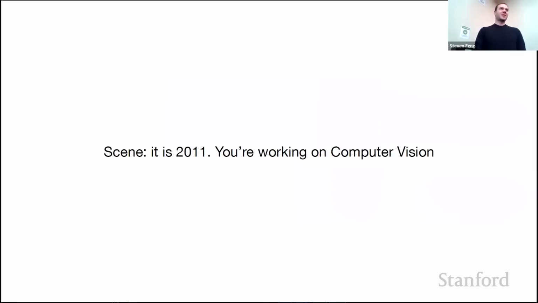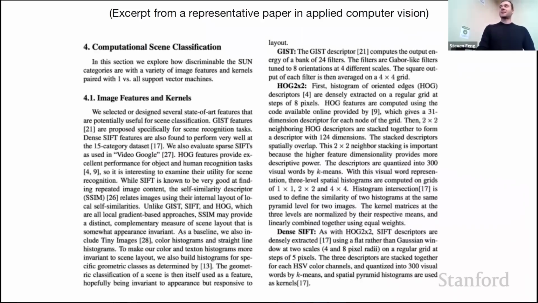Back then, in 2011 or so, when I was working specifically on computer vision, your pipelines looked like this. You wanted to classify some images. You would go to a paper, and I think this is representative. You would have 3 pages in the paper describing a zoo, a kitchen sink of different kinds of features and descriptors. You would go to a poster session at a computer vision conference, and everyone would have their favorite feature descriptors that they were proposing, and it was totally ridiculous. You would take notes on which one you should incorporate into your pipeline, because you would extract all of them, and then you would put an SVM on top. So that's what you would do.